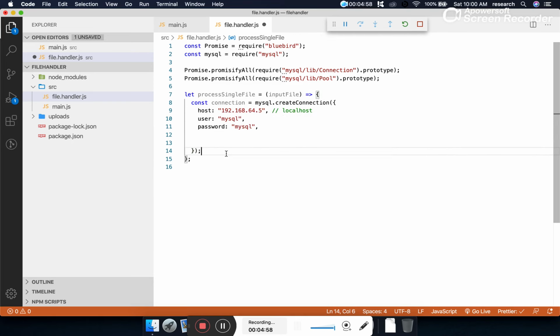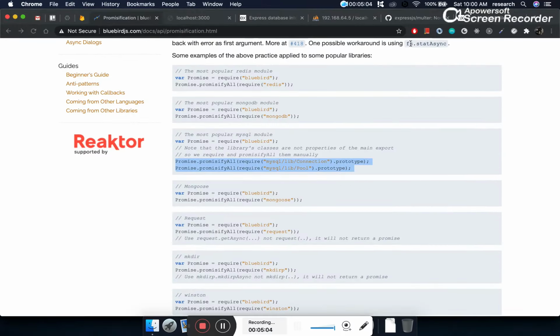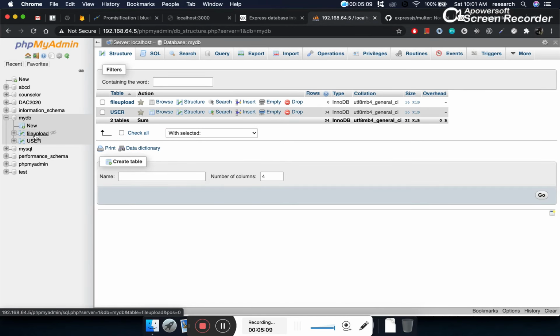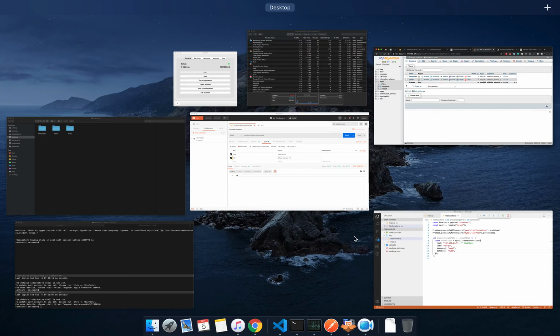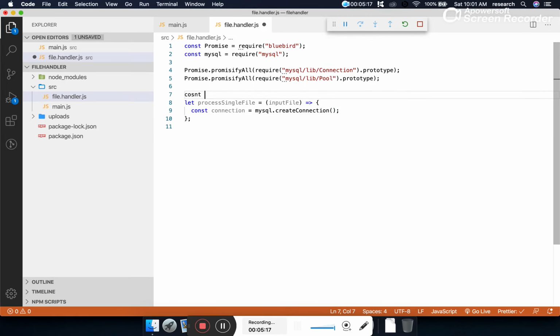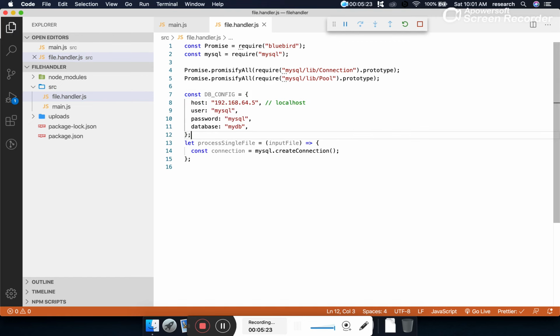And finally the database name, which is MyDB. So we are connecting to this database MyDB, and under that the table name is file upload. Since this is a configuration, let's create a separate variable db_config and store it there, and then we can use this db_config variable here.